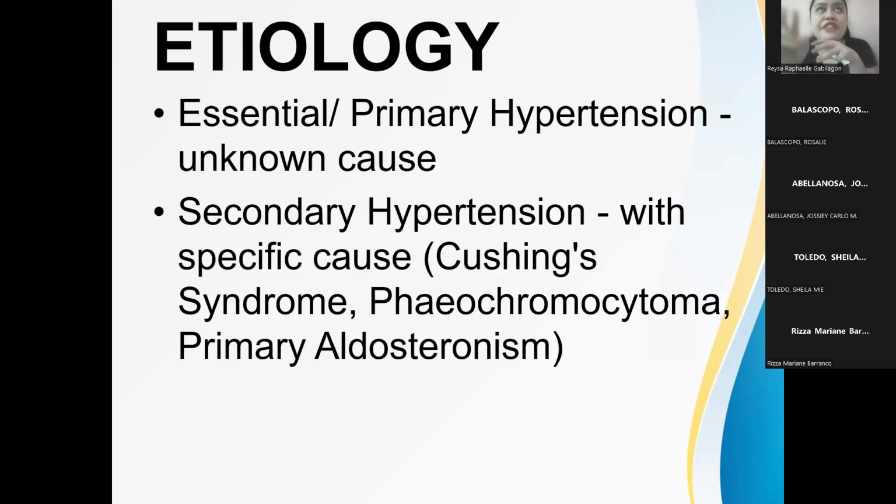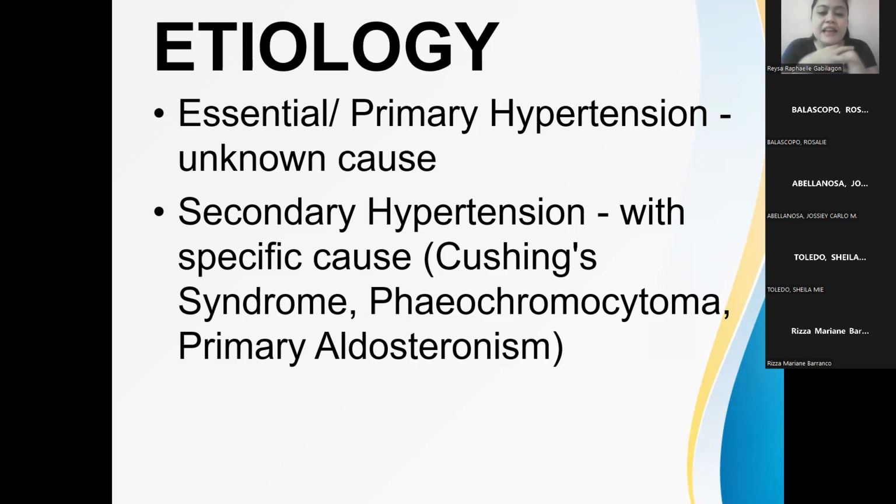And you know that these two are ligands of our alpha-1 receptor, which I mentioned last meeting. The alpha-1 receptor's major location is the blood vessel, and stimulation of that receptor leads to vasoconstriction, which in turn leads to increase in the blood pressure. Therefore, one effect of pheochromocytoma is the increase in the blood pressure, and it has become a secondary hypertension na kasi meron siyang specific cause.